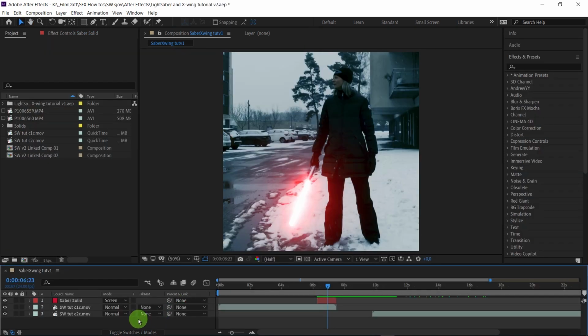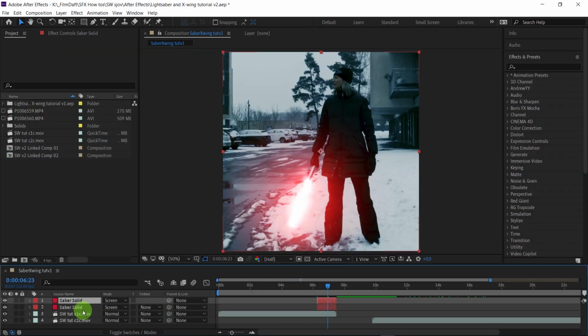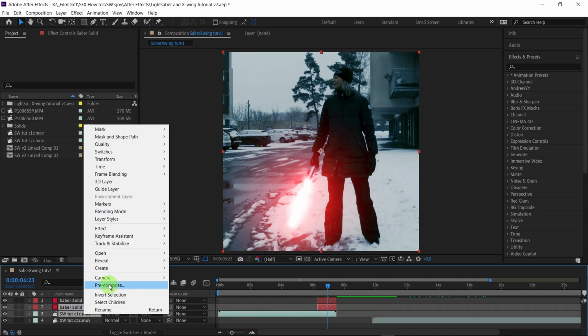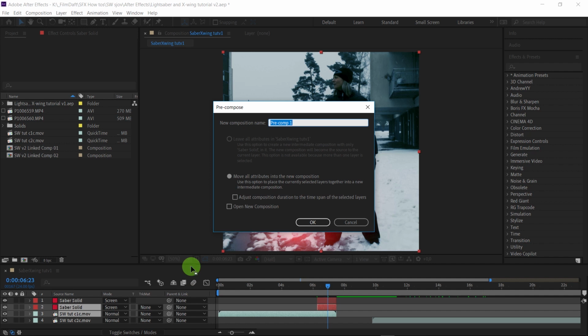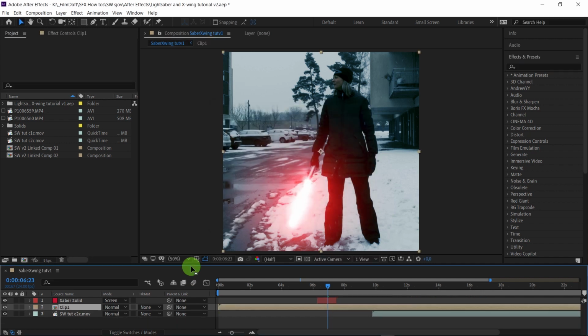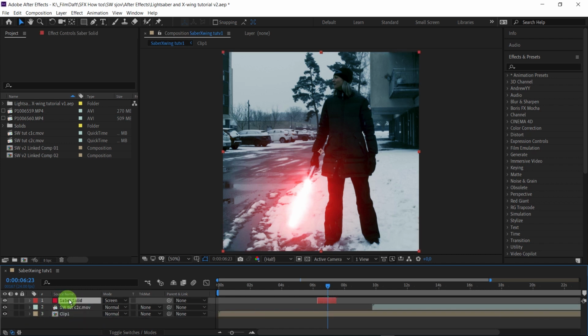Okay, so now I've animated the lightsaber, and we'll just pre-compose this, the first clip with the saber, into a pre-composition and move it down. I think it's just so it's easier to see. And now we need to move over to the next clip, and well, the first part is you need to